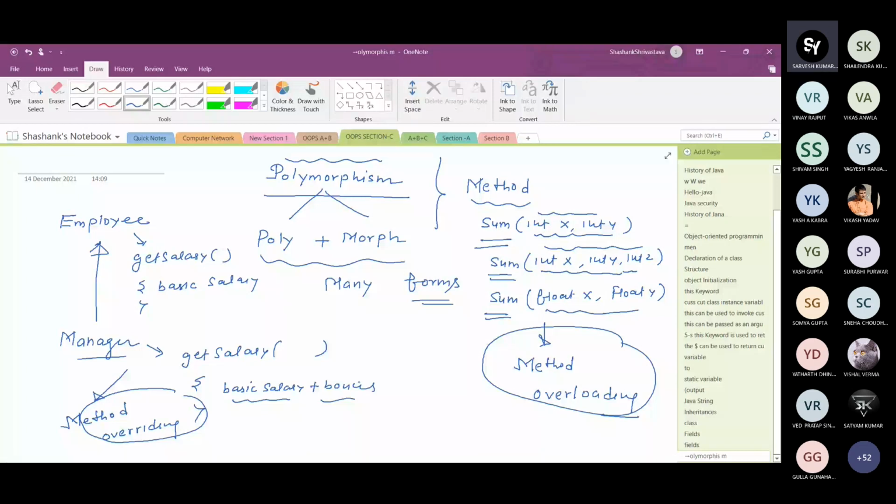So generally, we will discuss the concept of method overriding because it is a little bit tricky. Method overloading is very simple. Why? Because if in a single class there are methods with the same name and different signatures, there is no problem. After the object creation, if you call a method, let me take an example of method overloading.